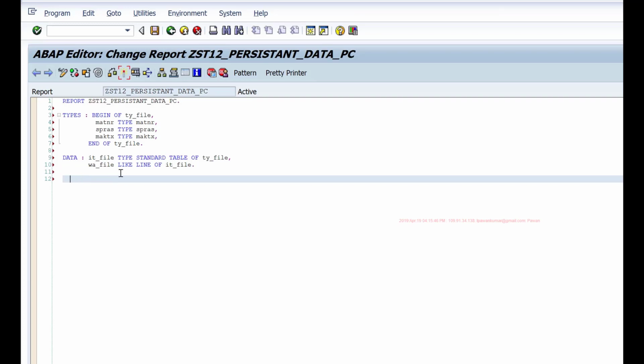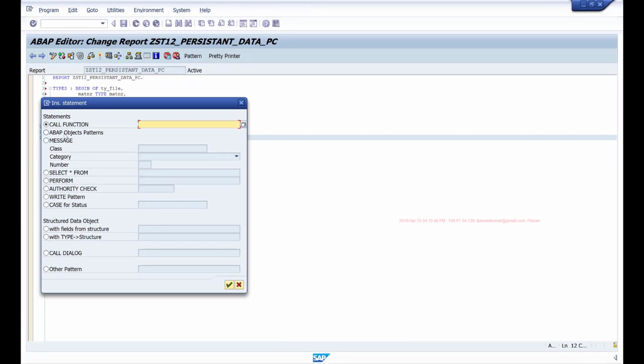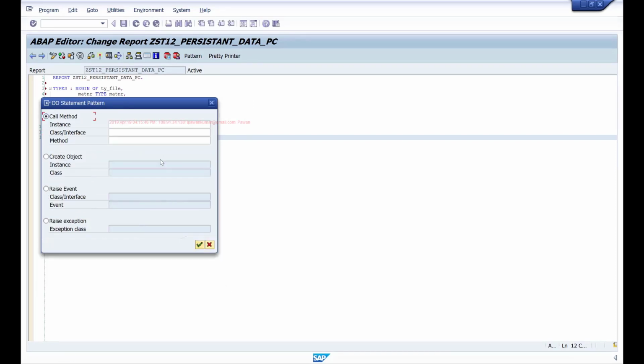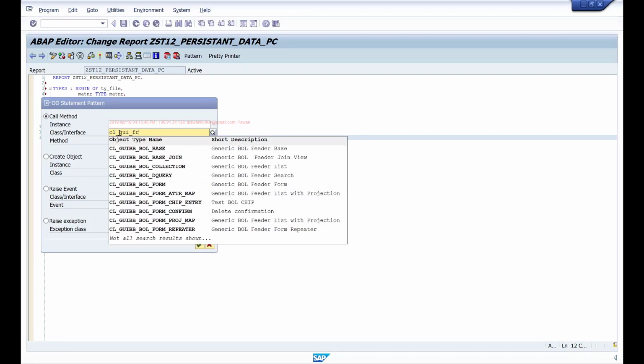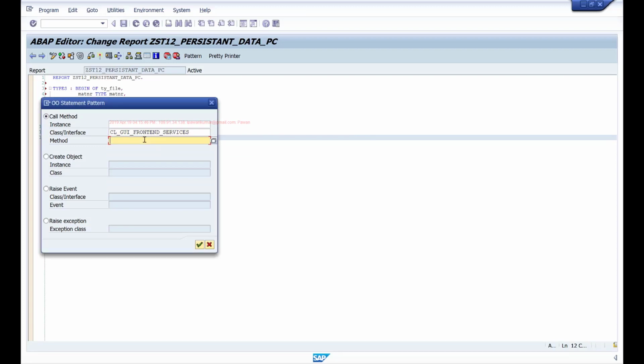Then to upload the file, I'll call this method. I'll select the pattern button, then select ABAP object patterns. Here I'll give the class name CL_GUI_FRONTEND_SERVICES,